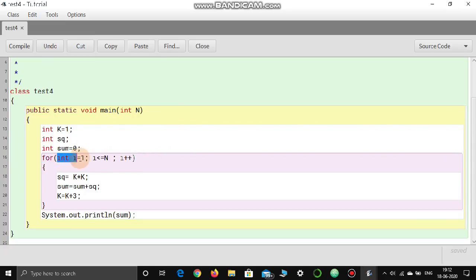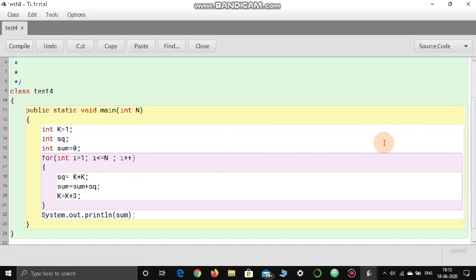This is our basic function, and this basic function will be used here with the example of a for statement. Now this for statement already has some conditions in it. As you can see, integer I is equal to 1. We have already discussed that I is our index variable. I is less than or equal to n. Why is it less than or equal to n? We have already discussed that n is the number of terms which the user is giving us, and we are just keeping it as the parameter for our for loop. And this I plus plus statement means I is equal to I plus 1. That means it is incrementing the counter by 1.